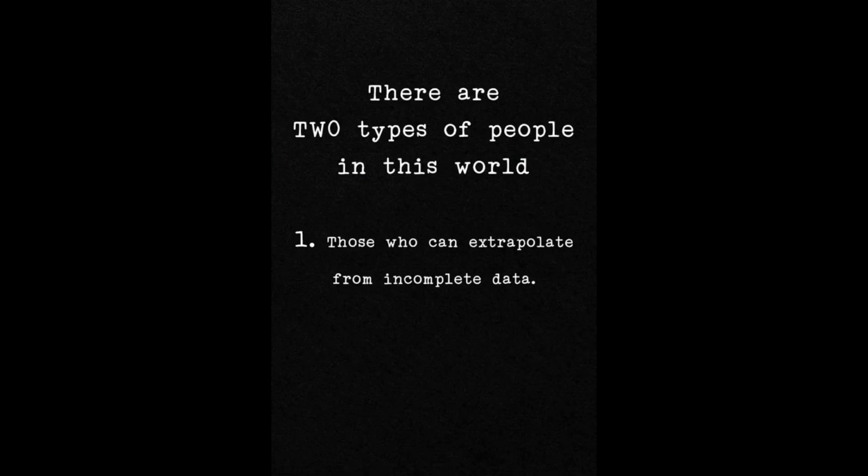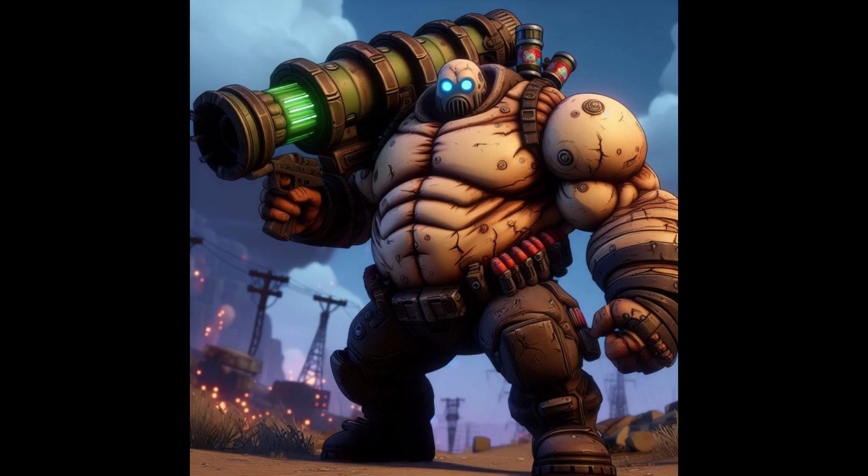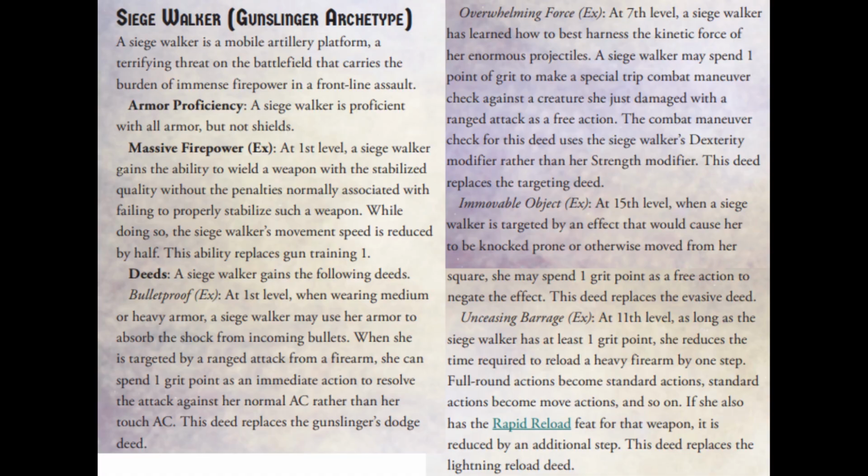In any science fiction setting, you will usually have 2 types of gunfighters: little quick ones that are hard to hit, and big chonkin' ones that are hard to hurt. The Siege Walker is the latter. Intended to fill the role of a big tanky firing platform, the Siege Walker gives us a place to showcase